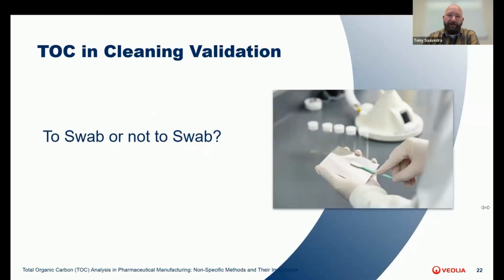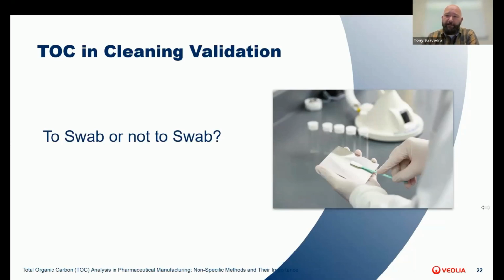Let's start by addressing a common question in cleaning validation. Should you use swabs or is final rinse analysis sufficient? The answer, as with many things in our industry, is it really depends. Swab sampling involves physically wiping surfaces with a swab to collect residues. You typically use this method when you're dealing with equipment that is hard to rinse thoroughly. Think about equipment with crevices or rough surfaces or complex angles, right? You may also use this method when contaminants are not easily soluble in a rinsing solution.